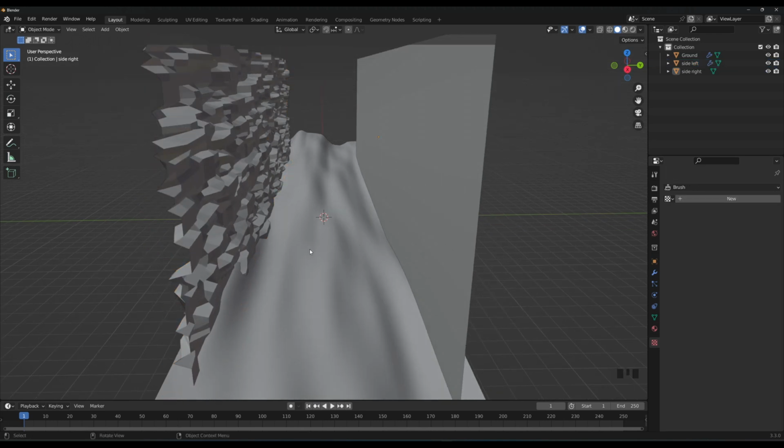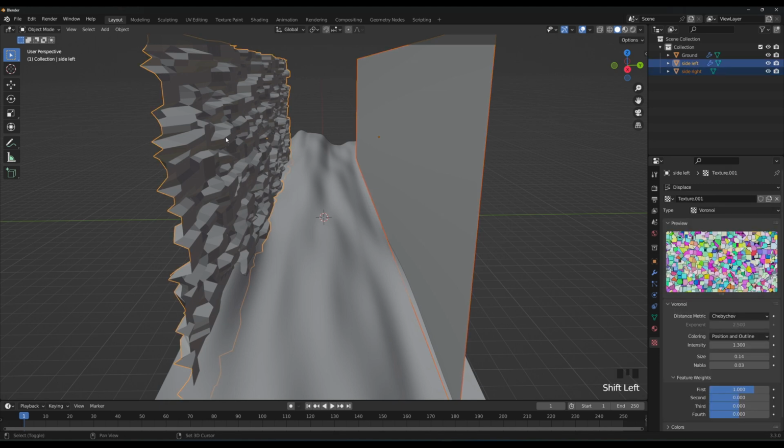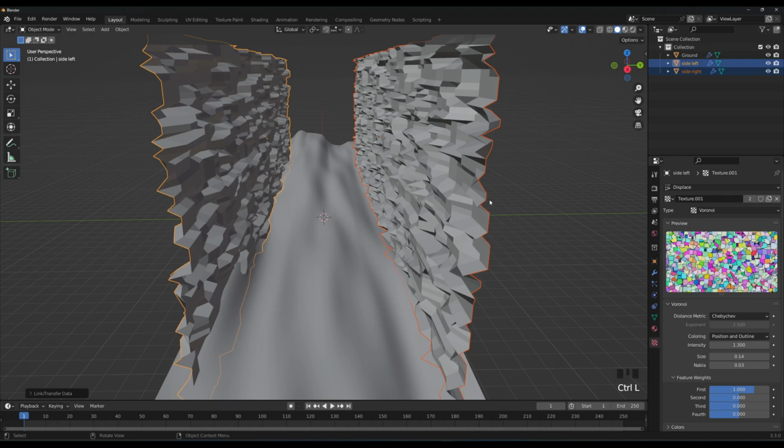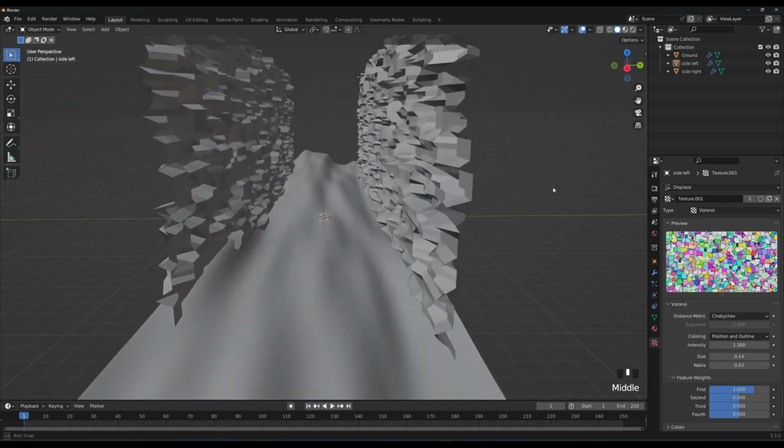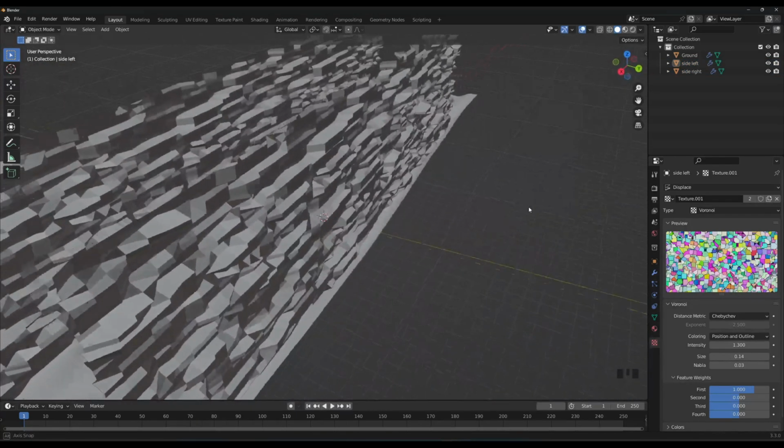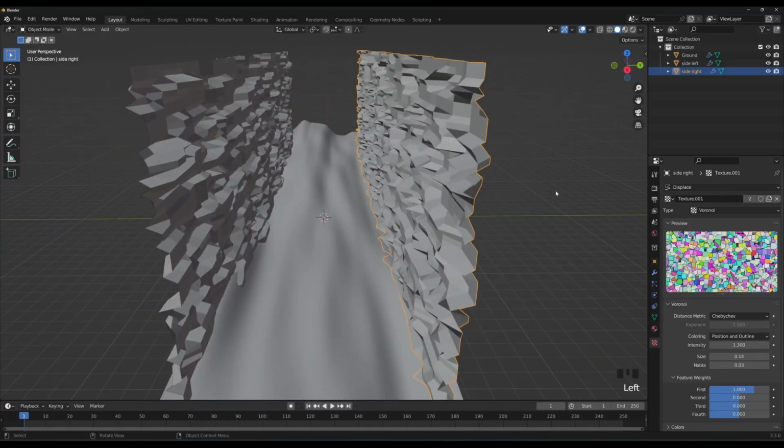Okay, to copy one modifier stack from one object to another, which is what we want to do here, there's loads of ways to do it. Click on your child object, shift click on your parent object, press Ctrl L, copy modifiers, and suddenly we have the two items. Again, you can flip this,